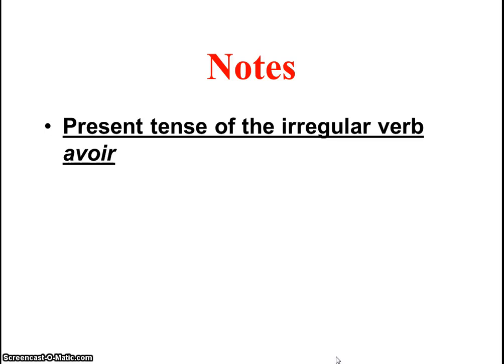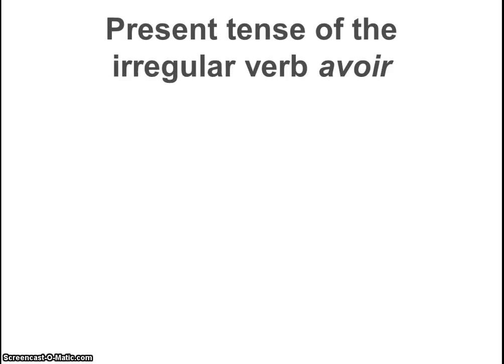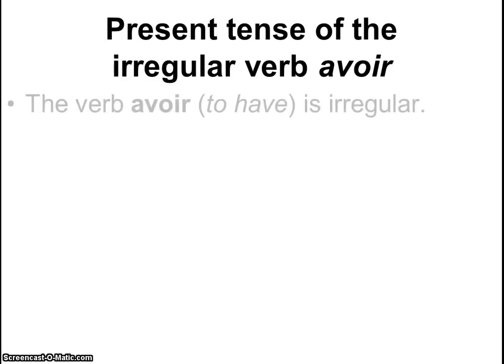Aujourd'hui, on va apprendre le présent du verbe avoir. So today we're gonna learn the present tense of the irregular verb avoir. All right, so let's go ahead and start. Okay, so the present tense of the verb avoir. Avoir means to have, and it's irregular because it does not follow a specific pattern, as you're gonna